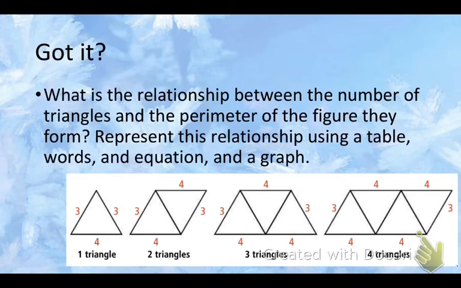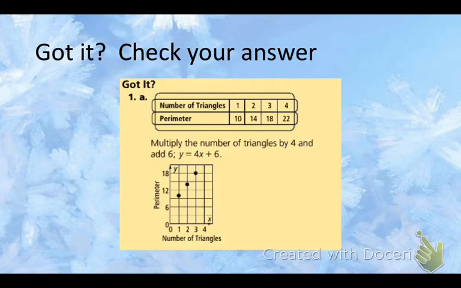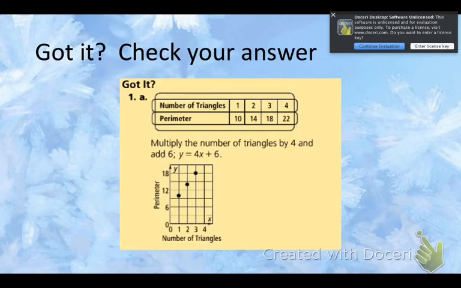All right, welcome back. So once again, I am going to put the answer up here. If you do not get the same thing or do not understand where this came from, you should definitely be asking a question here. When we are looking at this, the number of triangles and the perimeter are directly related. If we have one triangle, we are adding all of the sides, 4 plus 3 plus 3, and that gives us 10. When we have 2 triangles, we're doing 4 plus 3